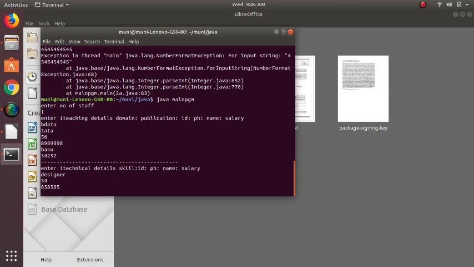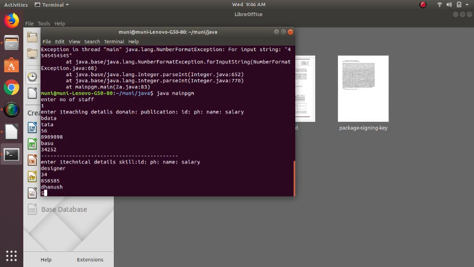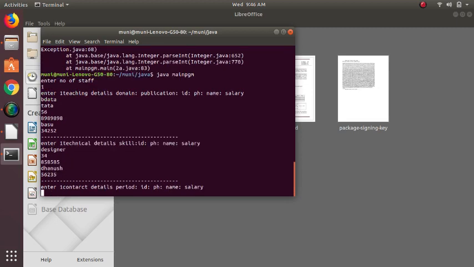You should not give more than 7 or 8 digits. That's why I got the error here, and that's why I am using fewer digits for phone numbers. I use name as Danush, and then salary some 56,235.